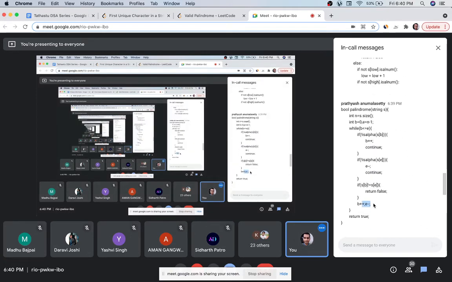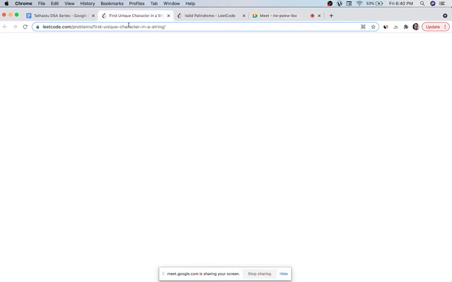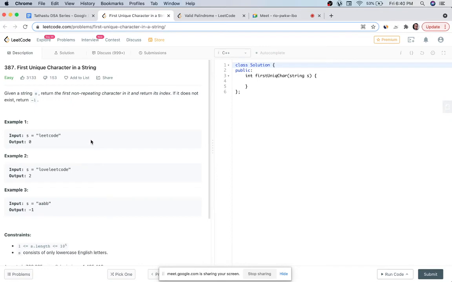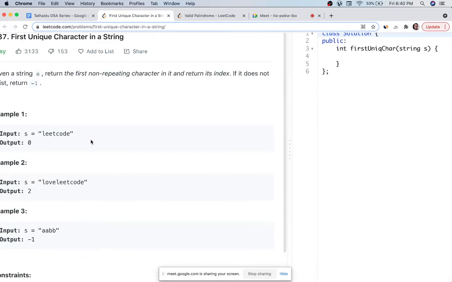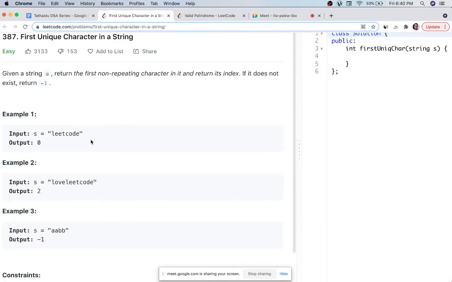Okay, so everyone, I think we have given enough time, so let's move on to the next problem. I didn't find enough good questions for strings on LeetCode, so you can go and practice on GFG as well if you want to practice more. Next question we are going to do is a very common type of character question. This is a very important category. You will be given a string and they will ask you to find the first repeating character, first non-repeating character.